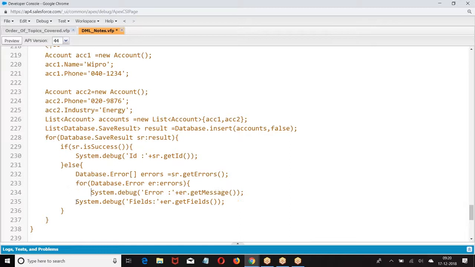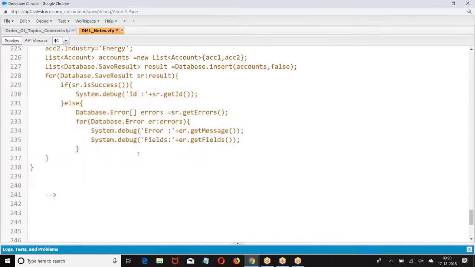Can I explain that else part? Now, in that for loop, what is the guarantee that there will be only one error? DML failed. Okay, what may be the reasons? There may be one reason or multiple reasons. Let us say name field is required, email field is required, industry field is required, and you have not entered all three fields. Then we get required field missing: name field missing, phone field missing, industry field missing. Let us see how many errors you are getting. 3 errors. Now I don't know how many errors you are going to get.